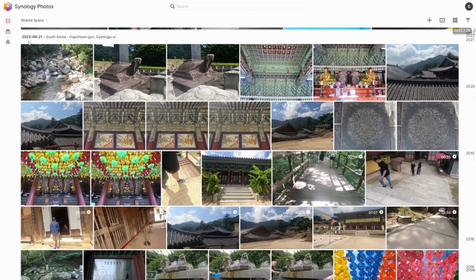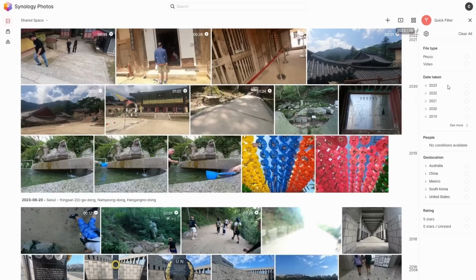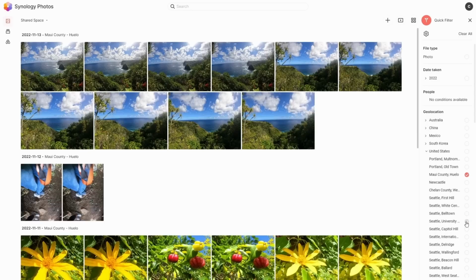You can do some great things like filter your photos, for example, via the EXIF data that is on that photo itself. So what we're going to be able to do is actually use our geolocation data from these photos and actually filter our photos down to specific areas that you visited, for example. So you can filter down by a couple different locations and see all of the different photos taken in those areas as an example.